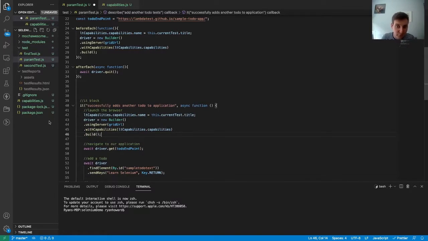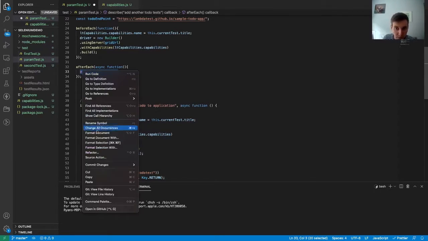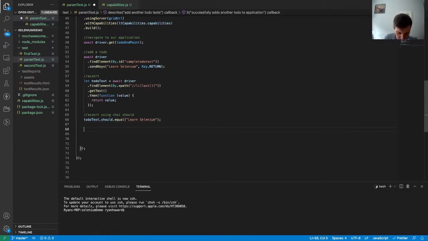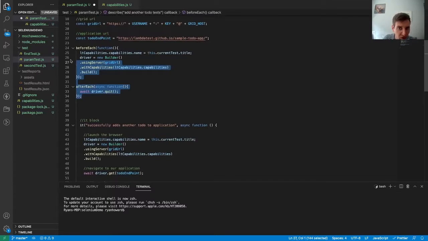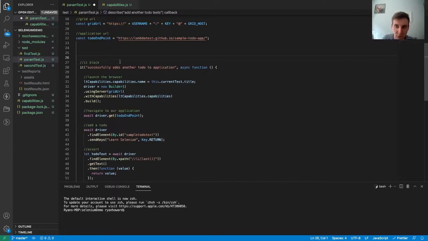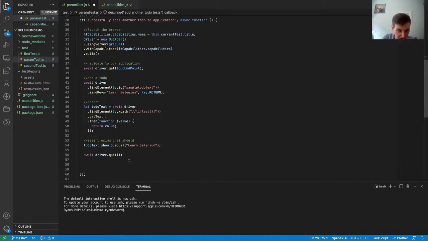I'll add our before each functionality back into our if block here, and at the end of our test we'll quit the browser. I'll copy that, and paste that there. Okay, so we now no longer need to use our before each and after each block here. So we've got our test, which will build the driver instance using the capabilities and run our test and close